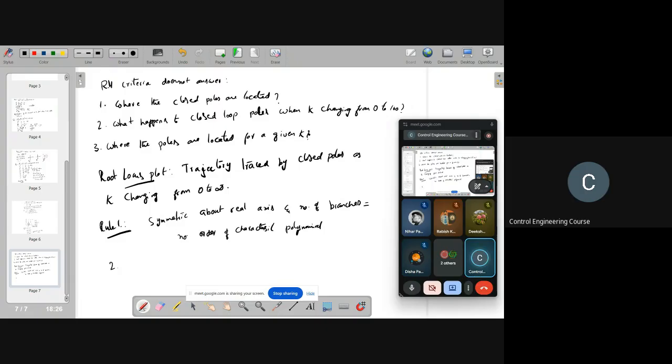Suppose you have a characteristic polynomial of third order, then you will have three branches for the root locus. Then the second point is all the